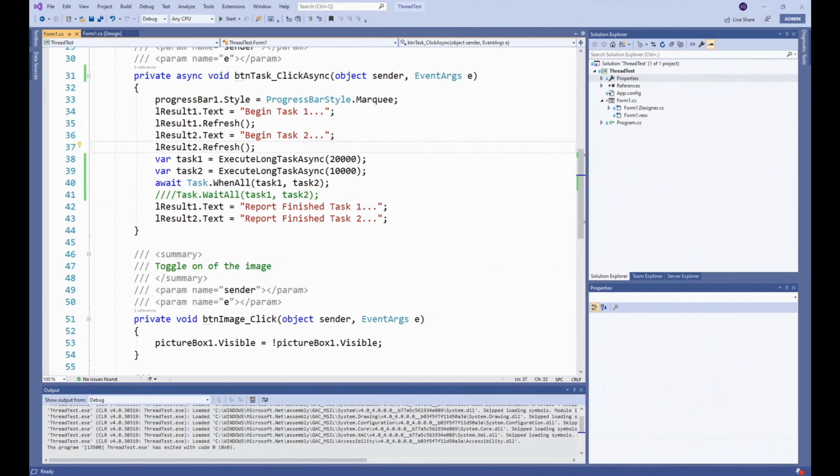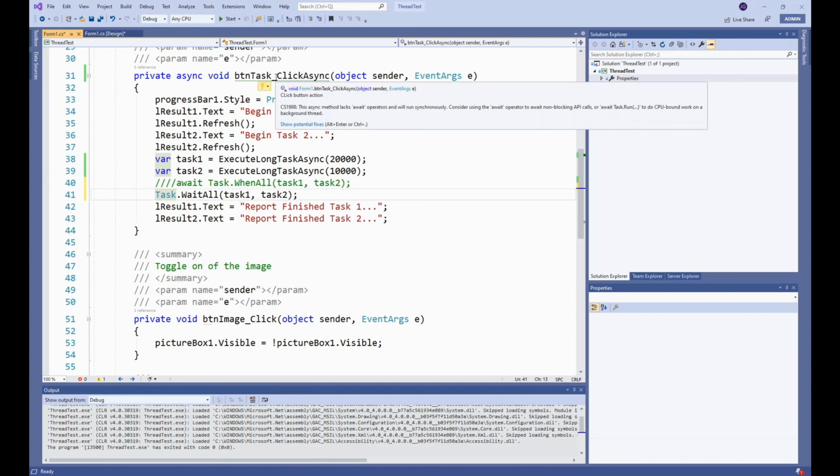Let's see now the usage of Task.WaitAll. Let's change the instruction in the code as shown. Observe that now we don't use the await operator because it's not necessary. Task.WaitAll does not return a task, it simply does not return anything, it returns void. Also, you see, Visual Studio advises that the actual procedure does not need to be assigned. Then we eliminate the assignment from the code.